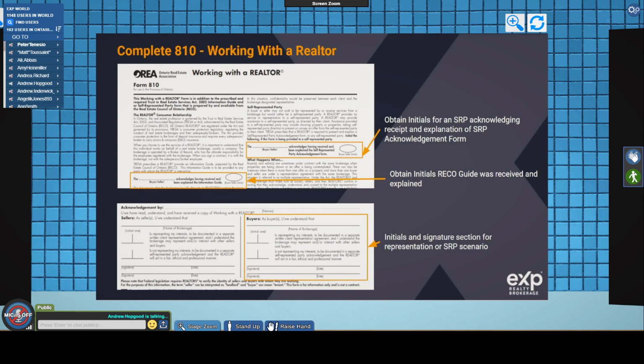Okay, then as per somewhat usual, right, at the bottom we've got to initial one or the other, right? And of course, with an SRP scenario, where is the bottom section, right? I only highlighted the buyer side, but it could be the same if it was on the seller's side, right? Is not representing my interest, to be documented in a separate self-represented party acknowledgement. Realtor will act in a fair, ethical, and professional manner, right? I didn't put a box there, but as you can see, as per usual that we've always done, you're going to put the acknowledgement by, and then you're going to put